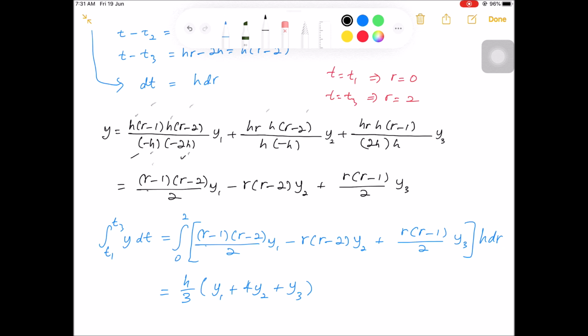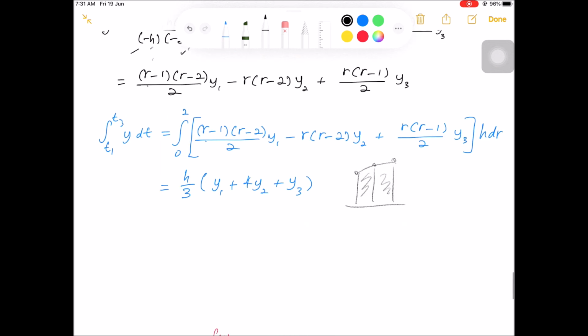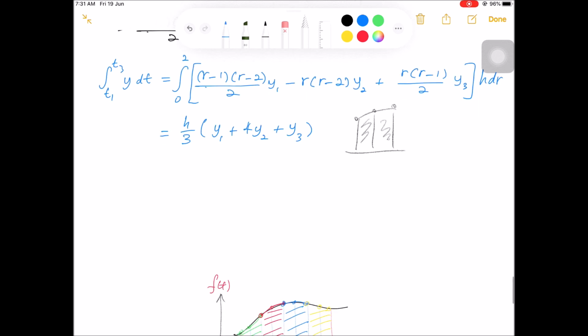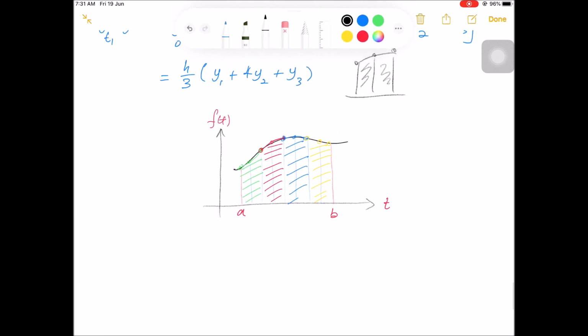So again, this expression is the area of the two consecutive strips, this and this. So if we have 6 strips like this, we can take this formula. If we have 6 strips, we can have this formula for the total area below the graph, h over 3